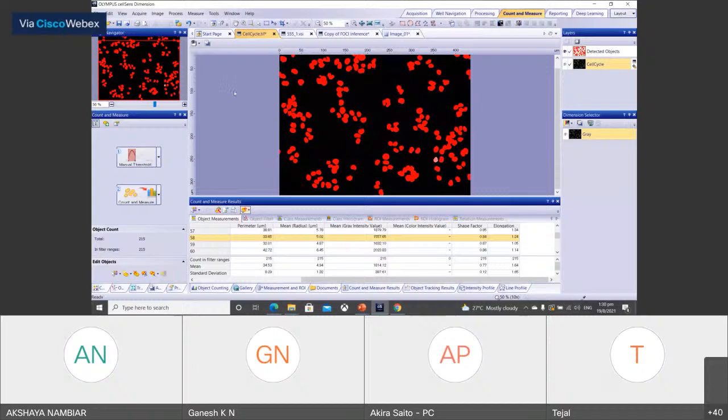So I will just go back to the software. I'll just simply show how our neural network deep learning segmentation works. Actually, I cannot show the entire process because the training takes a very long time and also requires a very good GPU, and I don't have one. It's my laptop here, so I cannot do it.